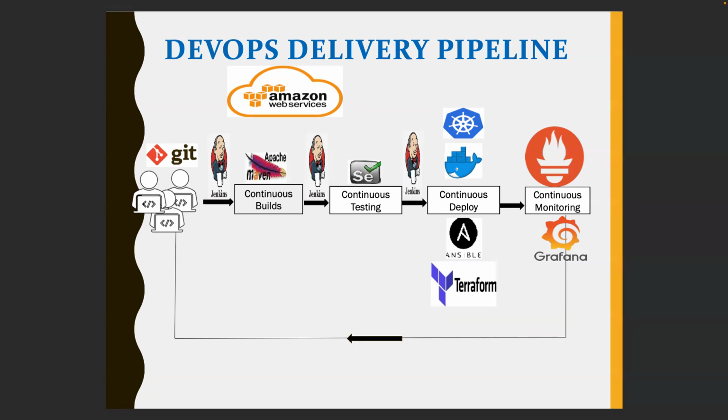Test cases could be written using any automation tool. Here, our focus as a DevOps person is: given some test cases, be it any level of testing, let them use any type of testing tool, your job is to execute them in the pipeline in an automated fashion. That we will learn. We will not focus on which tool they are using, how they wrote the test cases, or which level of testing. Given any test cases, how do you automate that execution in the pipeline? That part we will be focusing on. Okay? Thank you.